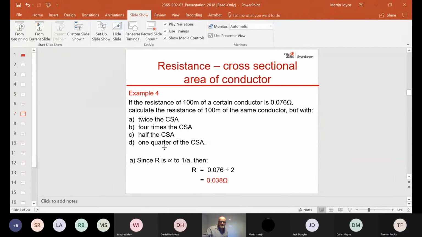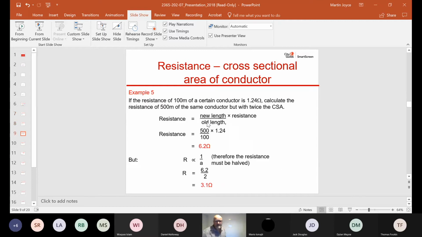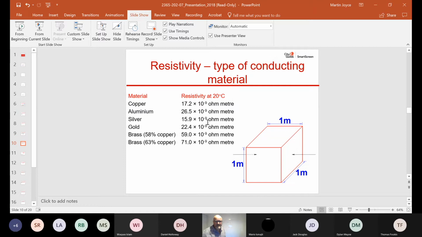What they do ask you about is the actual area of a conductor using this formula on the board: R equals rho times L over A. Can you see the PowerPoint now? Now, this is wrong. Can anybody tell me what's wrong with this? It's 10 to the minus 9, it should be 10 to the minus 8. On the actual PowerPoint, it's got 10 to the minus 9. I think that's a typo by them, but these are the main materials we use.